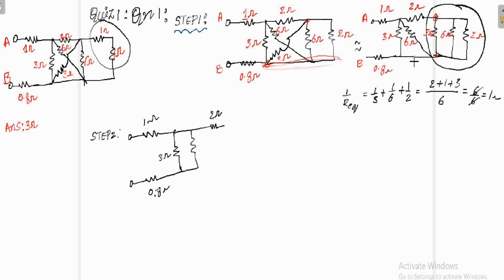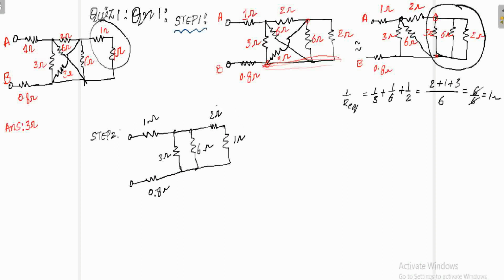This 6 ohm branch, instead of drawing diagonally, just we have drawn straight. Nothing, there is no difference. The starting points are not changed. So it is starting from here, same point, and ending at this line. So same. And this 3, 6, 2 equivalent becomes 1 ohm. And this is your 6 ohms.